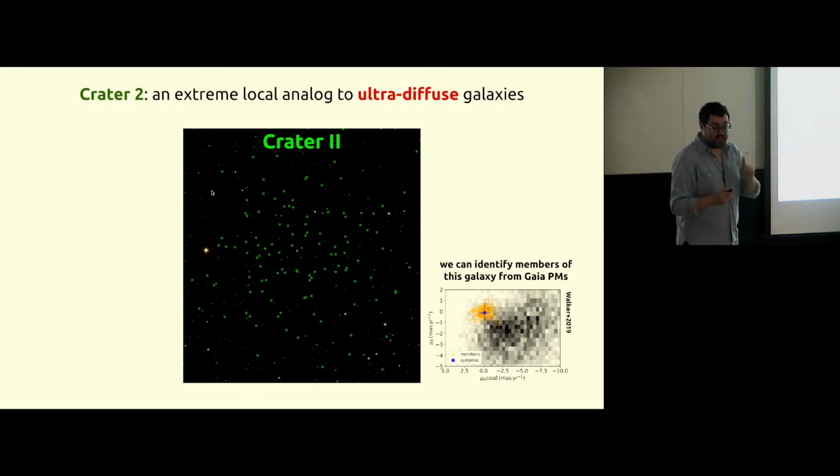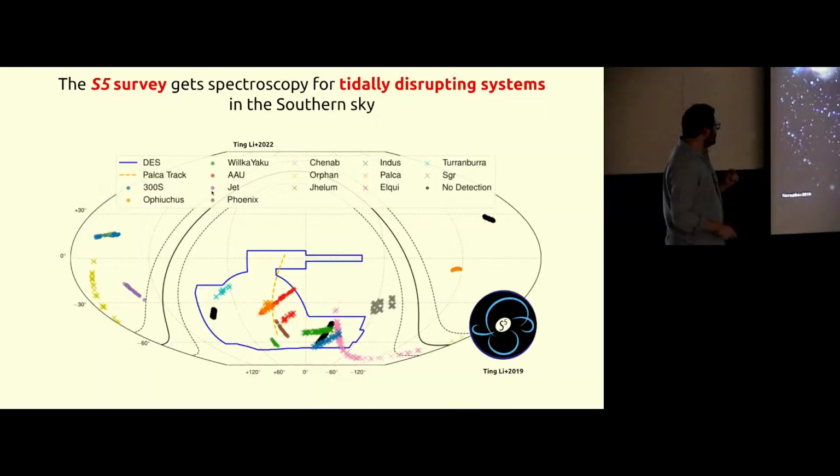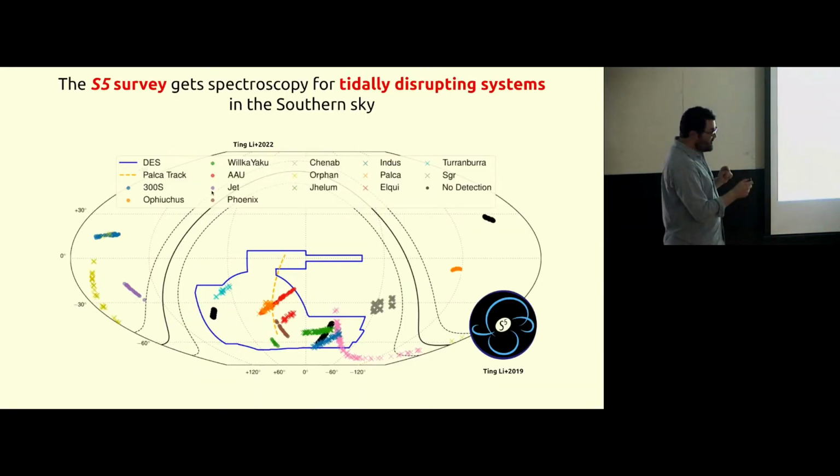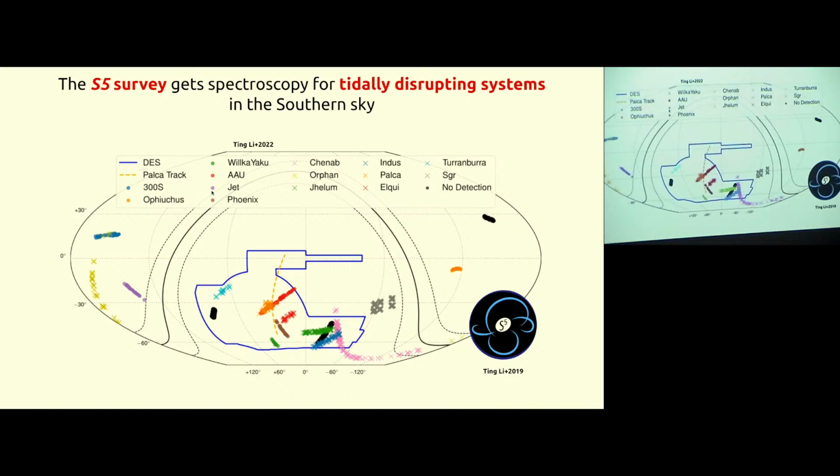But what people really do with streams is, let me go to this figure. What people really do with streams is look at perturbations in streams. So here there's an example. You can see that there are some orange points right here, which is referring to this Pauka stream. And there are these red points right here, which are associated with this AAU stream.